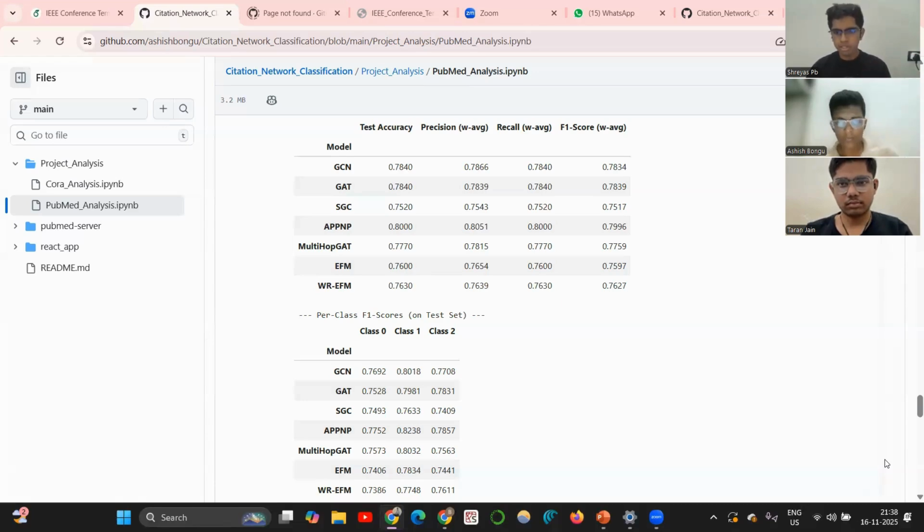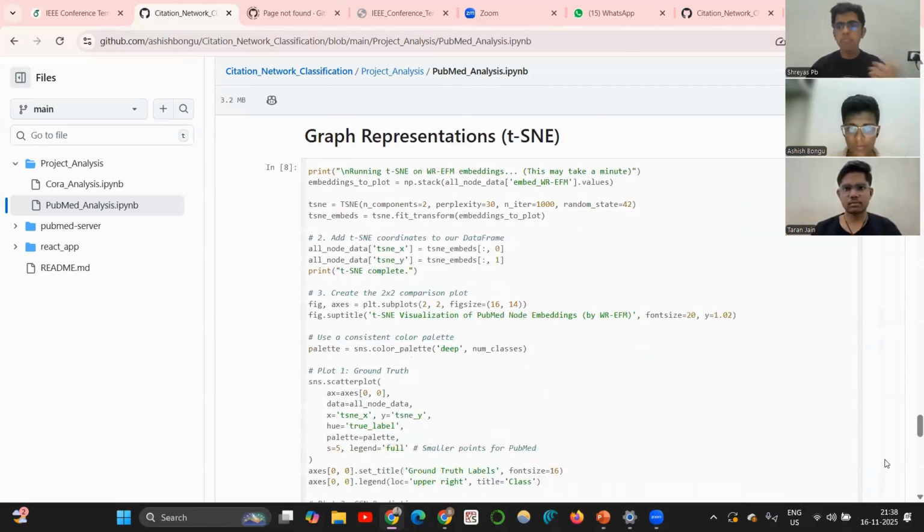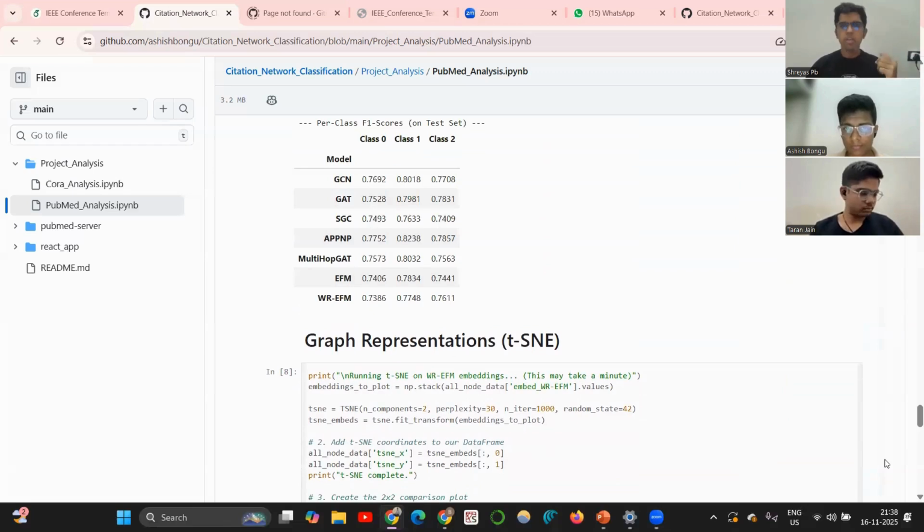Now coming to the per-class F1 score, it shows that APPNP again performs strongly across all three classes, especially for class 1, where it scores almost 0.8238. Here again, GCN and GAT also maintain balanced class-wise performance, while models like SGC and EFM show a slight drop in class 2. This confirms that APPNP not only achieves the highest overall accuracy, but also maintains consistent performance